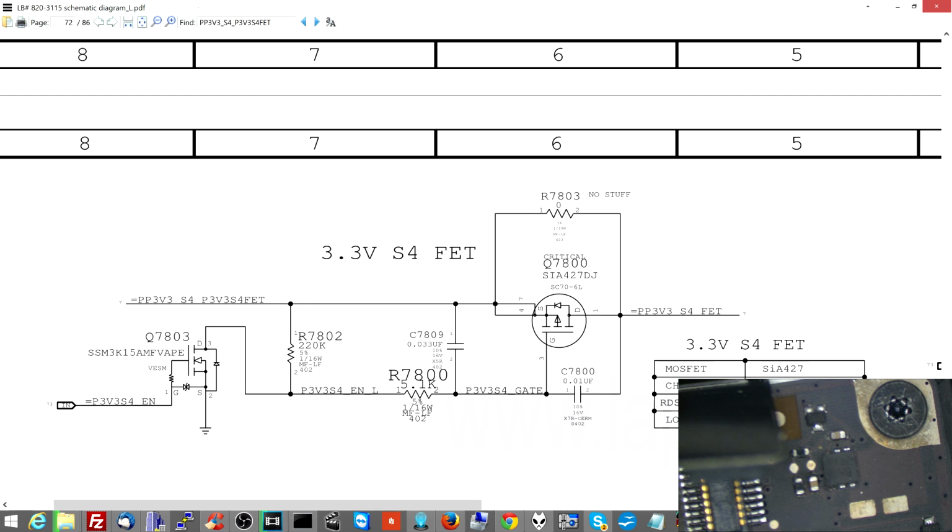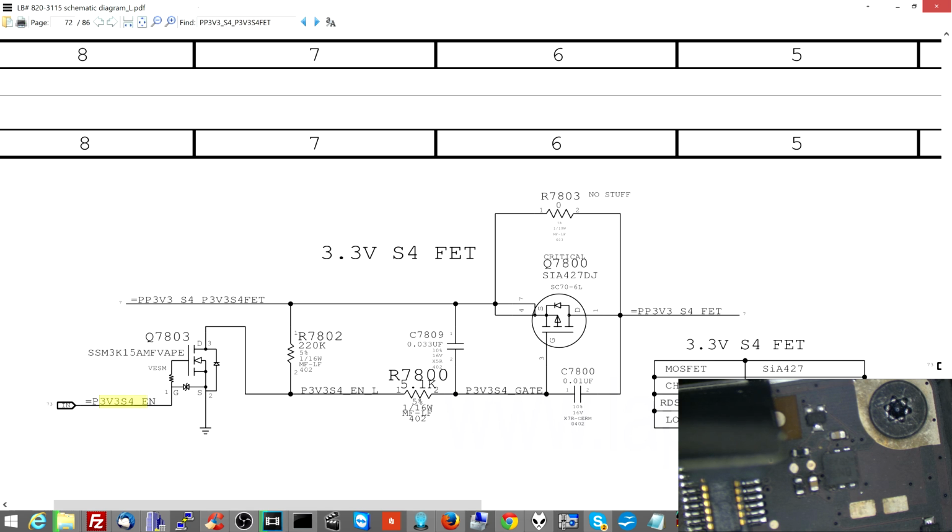This pull-up resistor, R7802, exists to make sure that there is always 3 volts in the gate so that this never opens. So what we need to do is take the voltage from this pull-up resistor over here and get it out of there so that this will actually open. Remember, this won't open if you have voltage in the gate. This resistor is always powering the gate. So what we need to do is take whatever is on this side, and this transistor over here needs to send that to ground. So in order for this to send it to ground,